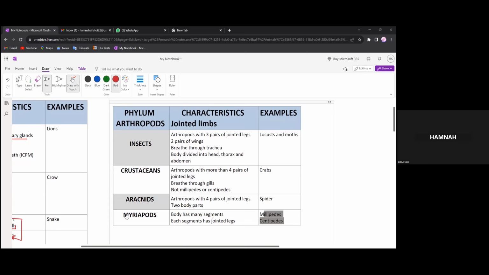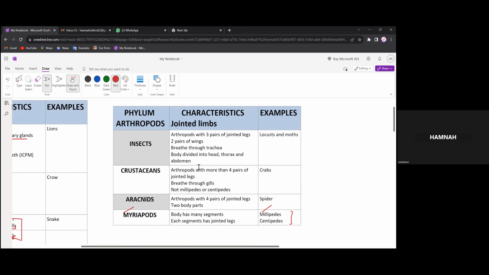Okay, so we have M. When we say it's a pod, it has a pod in it, so it has multiple limbs. So it's an insect type. It's in arthropods, right? It's like the small insect thingy, but it's not an insect. But it has an M in it, so it's a millipede. Millipedes and centipedes come under the same category, so we would categorize them together. Okay. Now, starting from the top,